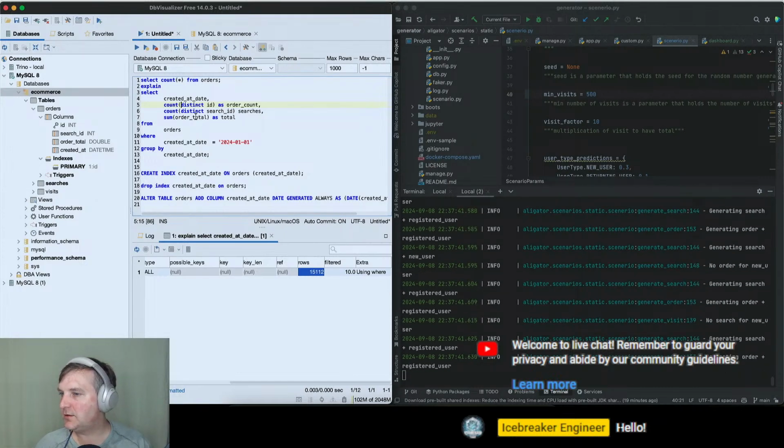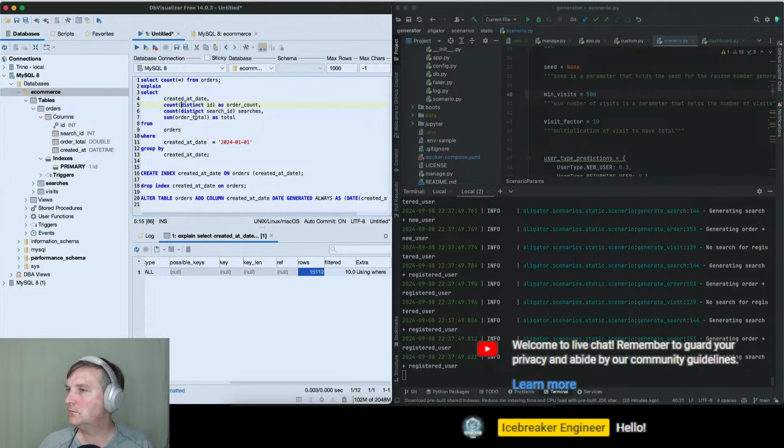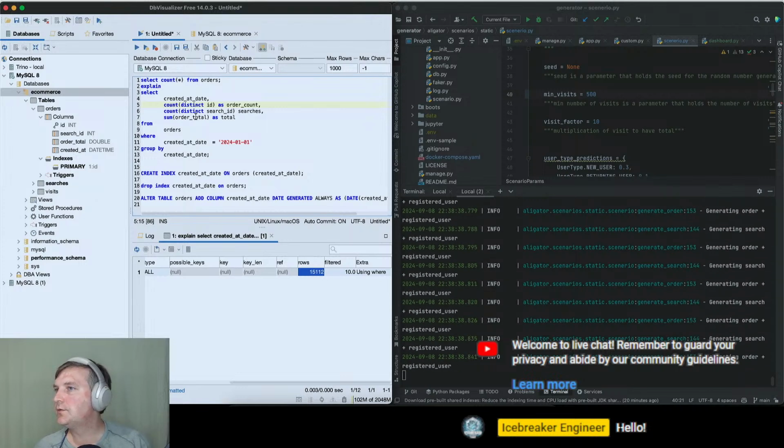While this is generating, let me just check a couple of things on the side. All right, I need to shoot.